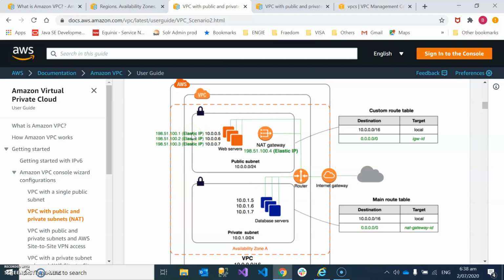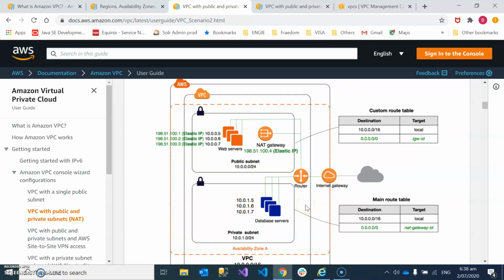But private subnets don't have access to the internet directly, and neither can the internet reach them directly. So they don't have an inbound or ingress connection from the internet to the database. Generally, private subnets are mostly used for your database servers. You can keep any other storage or data store over there, and many organizations like to place even their application servers in the private subnet.